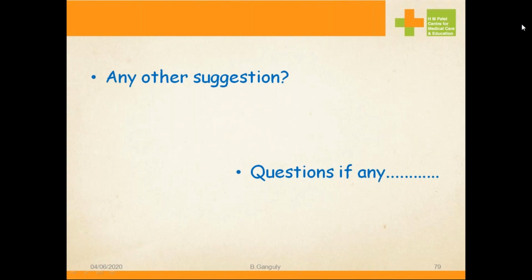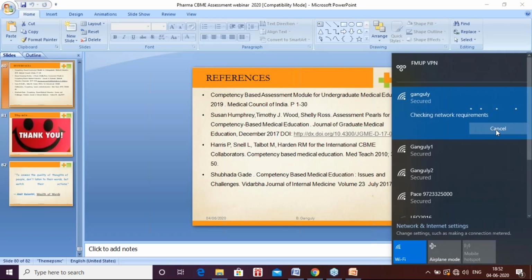Why is it internal? It is sub-university. It is at the institutional level, at the department level. So internal assessment is a continuous assessment and formative assessment. Now the question is, what would be the frequency, and what would be the modality and strategy of these assessments? You have rightly pointed out again the flexibility.